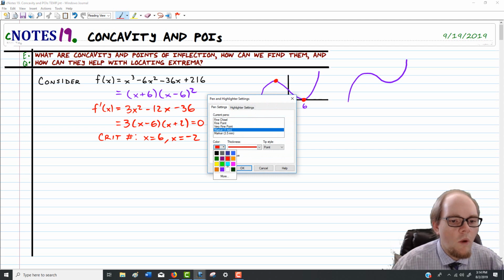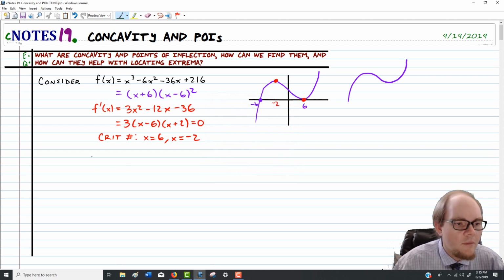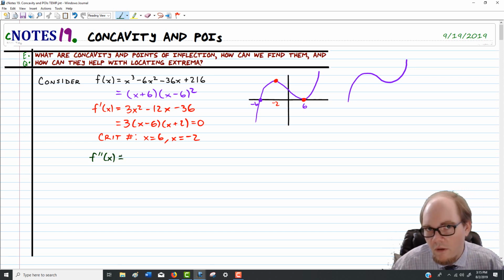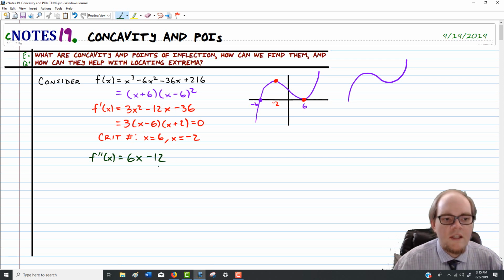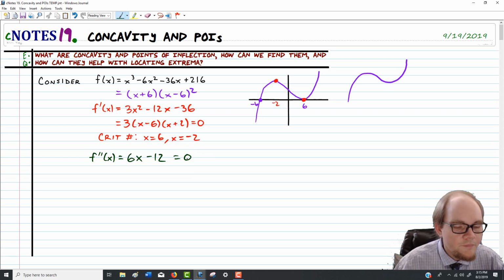Now here's the thing though. If we take things one derivative further and compute the second derivative, in a sense, we're just analyzing the first derivative. We'd just be figuring out where there are relative extrema on the first derivative. So for our sake, let's go ahead and calculate that. F double prime would be 6x minus 12. And since setting derivatives equal to 0 is the in vogue thing to do in Calculus AB right now, you could very quickly figure out that there's something happening, since we don't have names for things just yet,